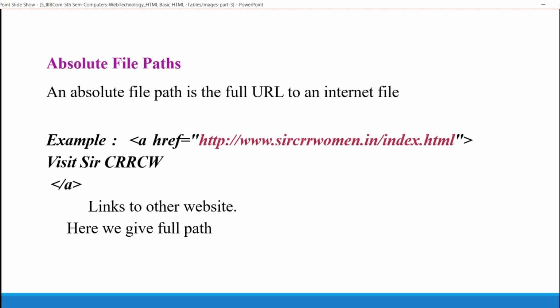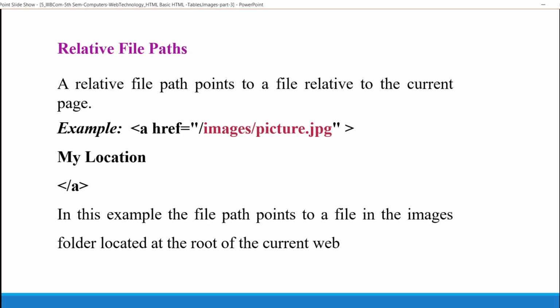If you observe in this example, a href equals http://www.searchcrroman.in/index.html. This links to another website. Here we are giving the full path. The entire address location of that image should be provided. This is absolute. Then what is the relative path?